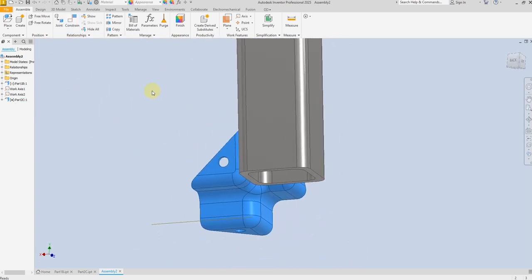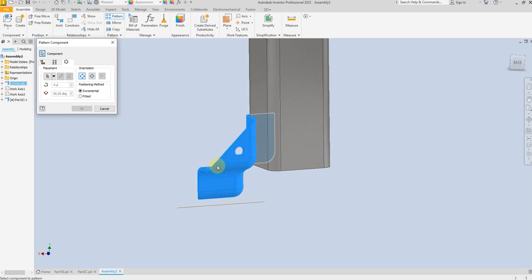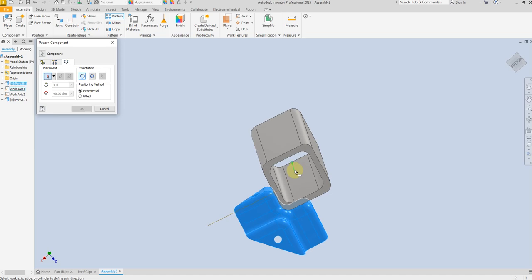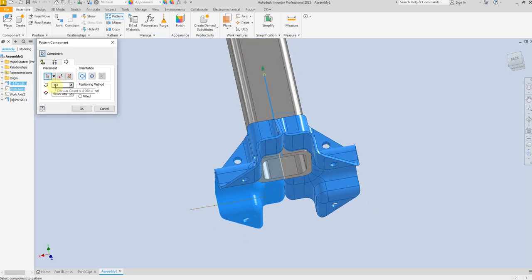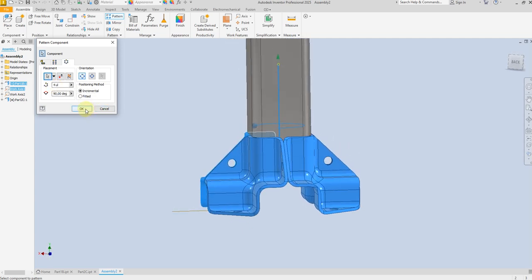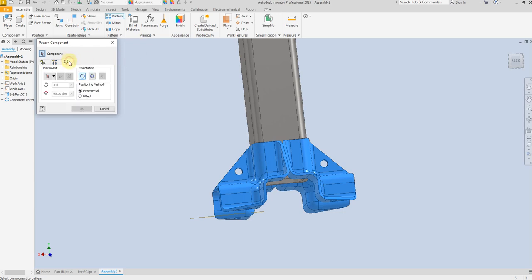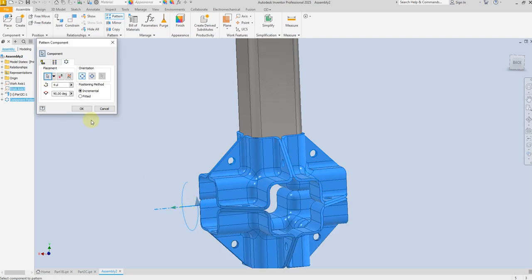Now select circular pattern, select this part and the axis. Let's select this axis, 90°, 4 pieces. Okay, again select circular pattern, select all these parts and the axis, select this one. Okay,